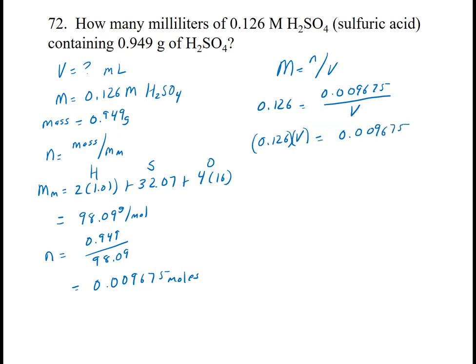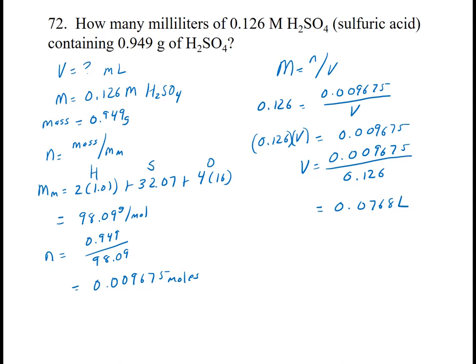And now this is 0.126 times V, so the opposite is division. I'm going to divide both sides by 0.126. So V is 0.009675 divided by 0.126. And when I do that, I get